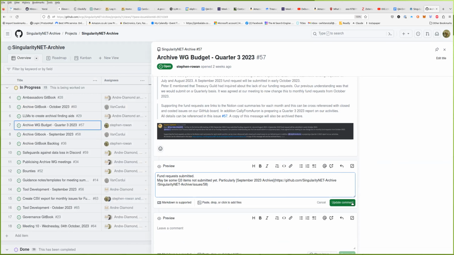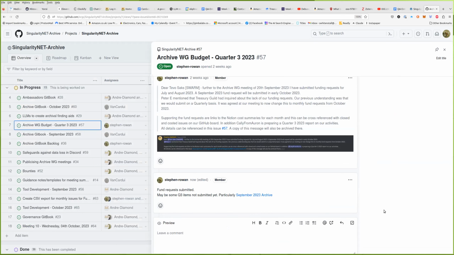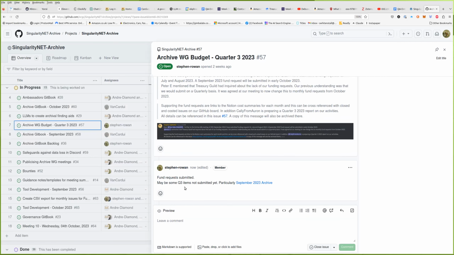Yeah, again, it's a bit confusing because the situation is changing. Previously, we agreed to submit fund requests as per the process. Now I'm not sure if TiVo's here or not, but there's only four of us now. I think we might raise it in one of the issues coming up, which is that TiVo wants us to submit CSV data rather than fund request data. Yeah, that's right. Okay, so I'll just leave it at that. For that, as a status, I'll say those as statements of fact and then close the issue because as far as we're concerned, it's submitted and agreed. Okay.